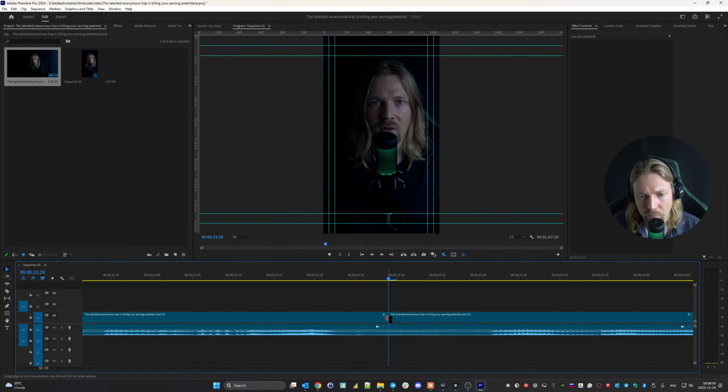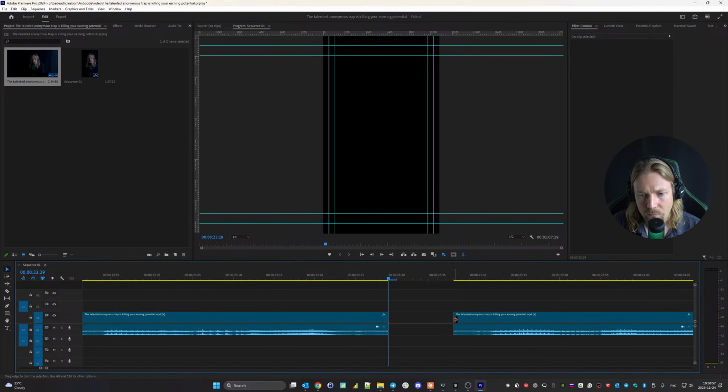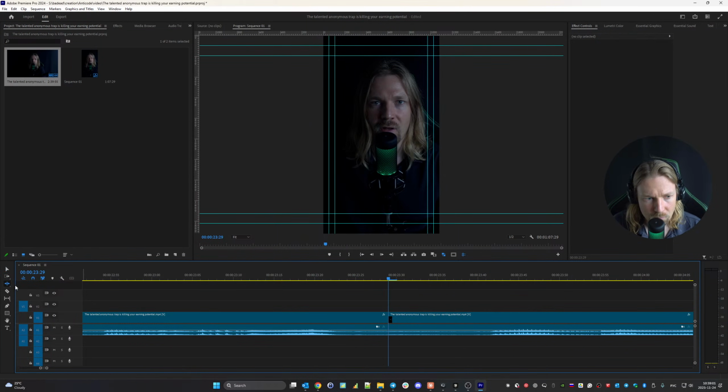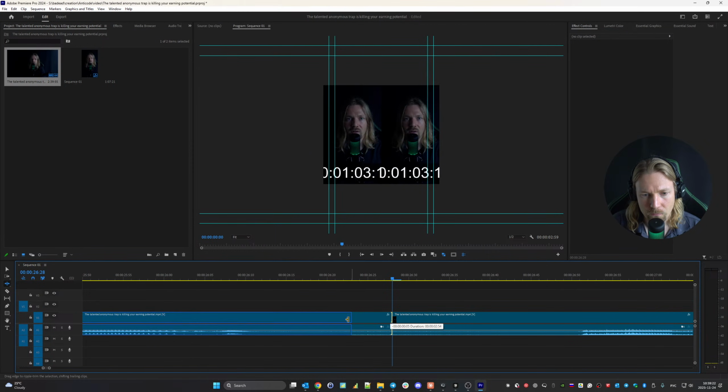About this selection tool. If I just remove this here, there's a gap. But if I use the ripple edit tool, this one, it moves and removes the part of the take at the same time. So it's more convenient and faster, of course. Interests. Your gaming obsession may become